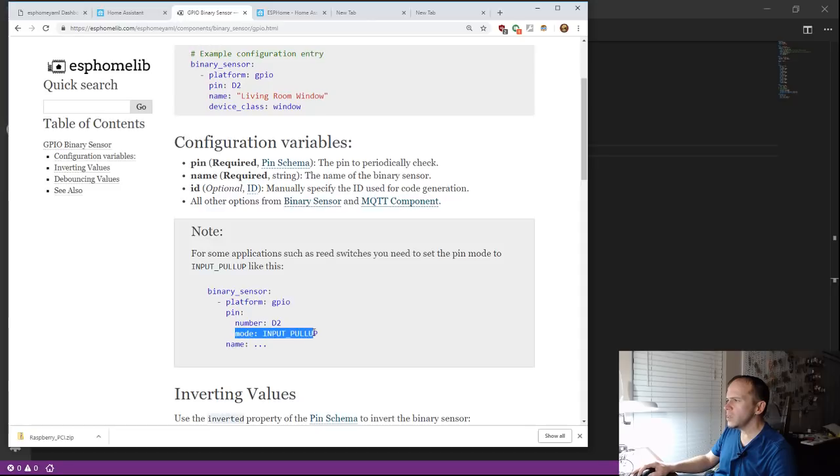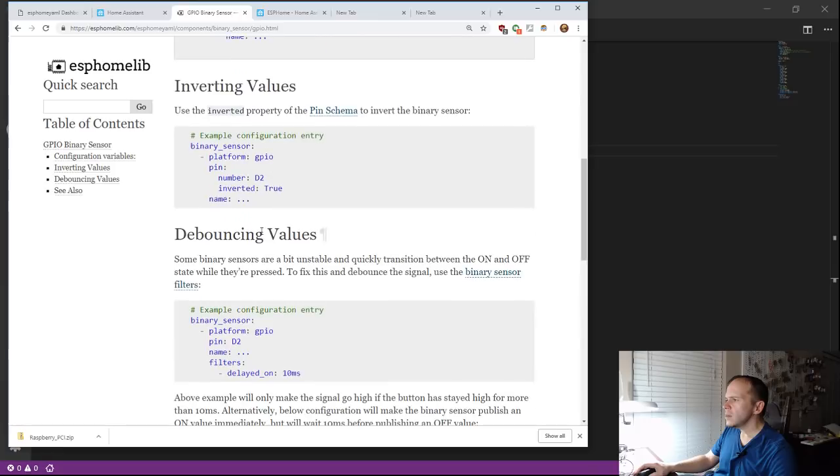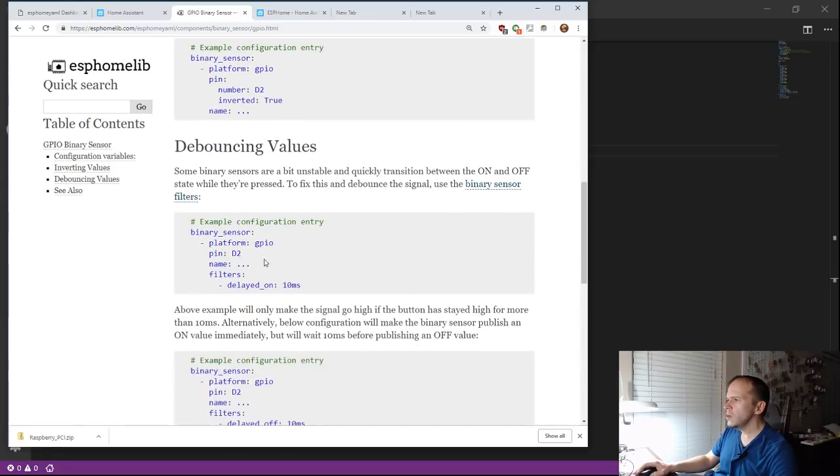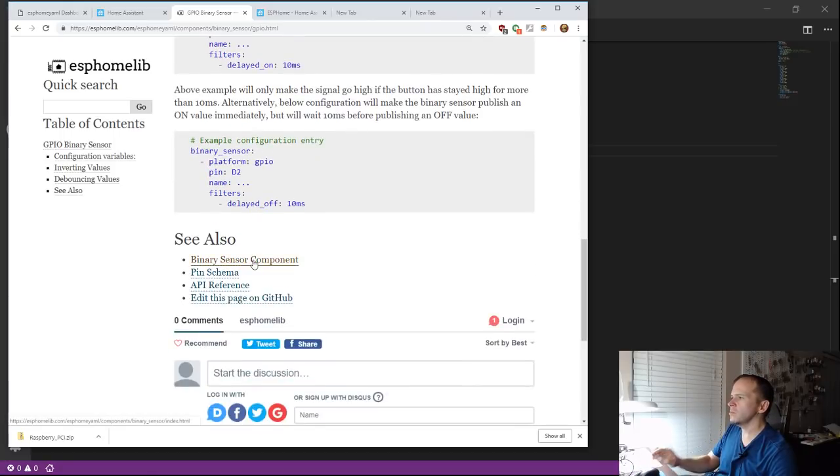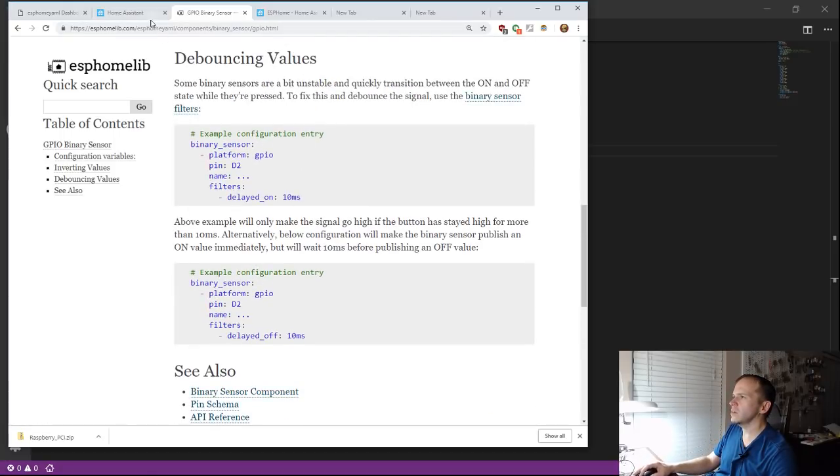We'll do mode input pull up. Oh, see, they do have inverted value. You can do inverted is true. Oh, look, you can even do debouncing. That's kind of cool. Debouncing is, because you may not realize it and your finger's touching it and it clicks it three times, but you thought you just pushed it once. So it ignores all the bunch of presses in that certain time period.